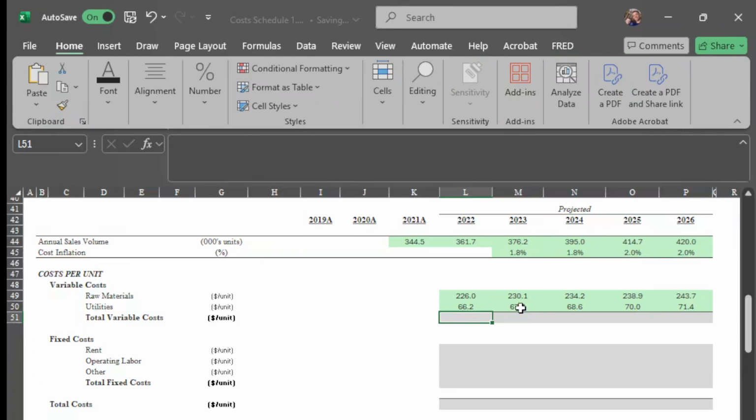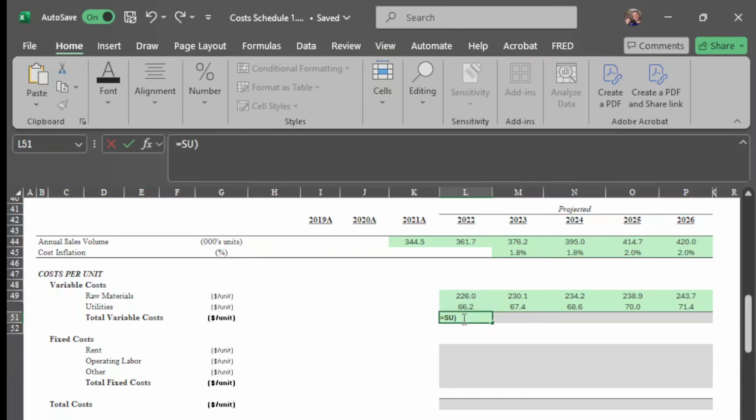Two ways of doing it. I can hit equals, I can hit this cell, and then hit the plus sign, and hit this cell. That's one option. Or what you could do is hit Alt equals. It's a little different on the Mac, and I'll have all the details what to select in Blackboard. But hit Alt equals, it automatically will sum up everything above that. Or you can hit equals and